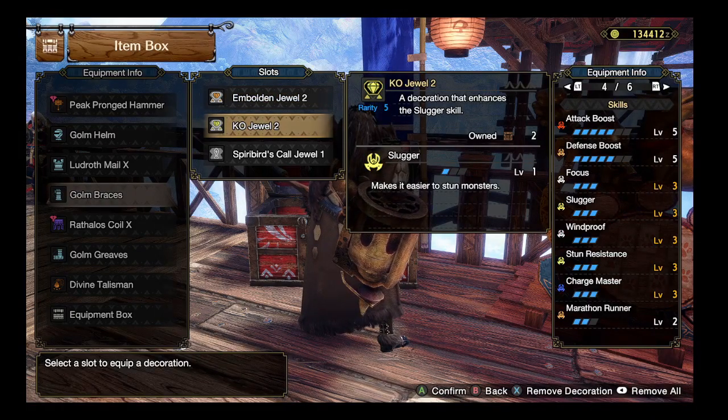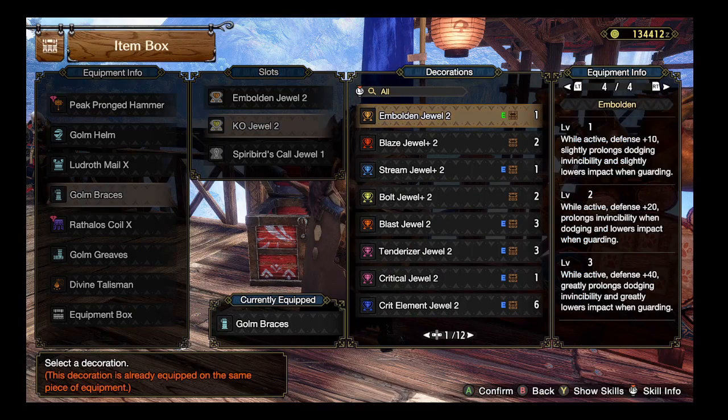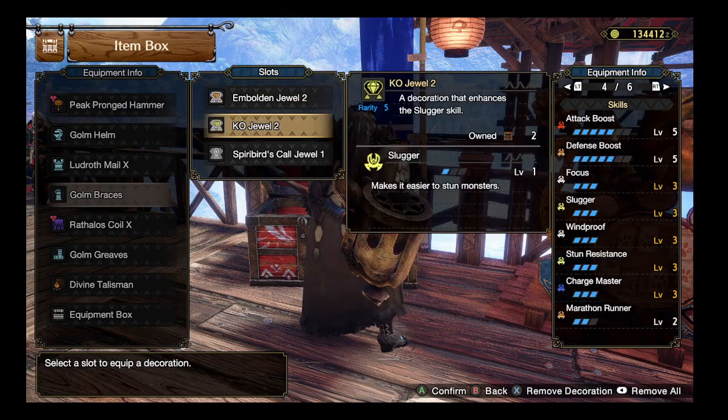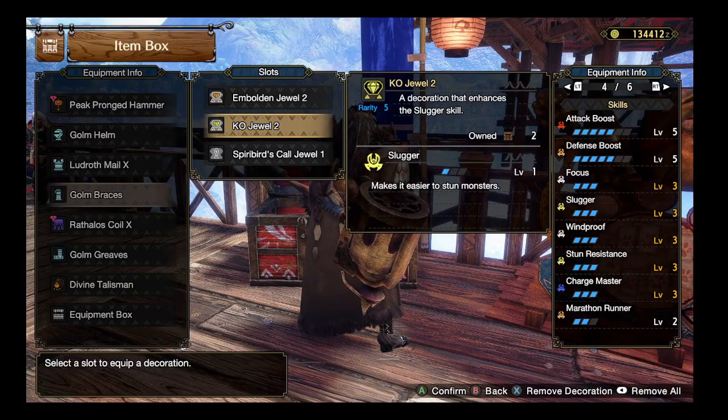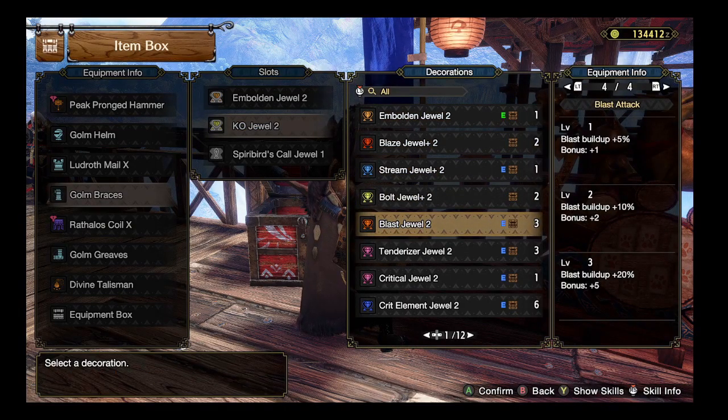For the next level 2 decoration slot in the gloves, I have a KO Jewel. I figured we already have 2 points into Slugger, why not just max it out? When it is maxed out, we get a whopping 40% bonus stun power chance, so you're knocking the monster out that much more often. I don't think you really need the last Slugger Jewel, I just did it because I felt like it, really. If you have something here that you would like better, like maybe another Emboldened Jewel, or...